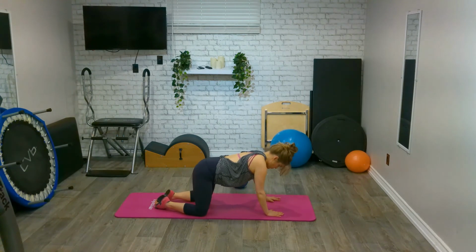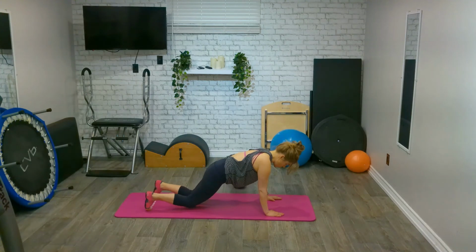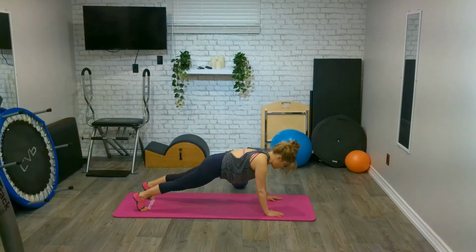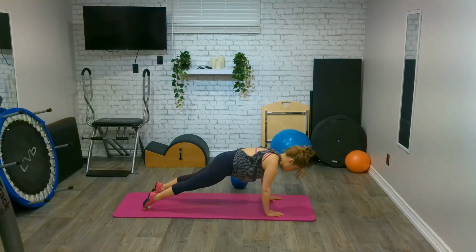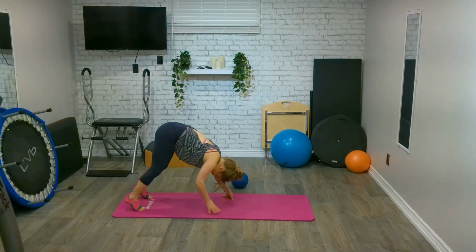Go ahead, come onto our hands and either come onto a half plank or step onto those toes for a full plank. We soar forward and back. So the idea is we're straight from our tailbone to the crown of our head for me. And we have 3, just moving at that ankle joint. 2 and 1. And walk our hands to our feet for 4, 3,